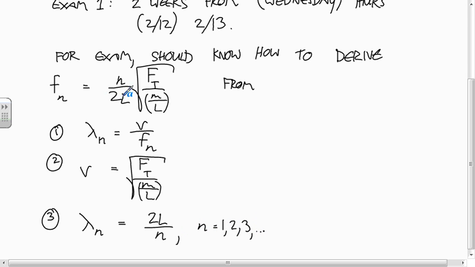You don't have to be able to derive this formula in terms of the variables, but given values that go into these three equations, you should be able to come up with the nth frequency of a standing wave. There's a practice problem like that. So I might have boxed this equation as I was going through it, but I'm not going to give you this one. You should be able to come up with this one from these three equations. Any questions about what I'm talking about there? Okay.